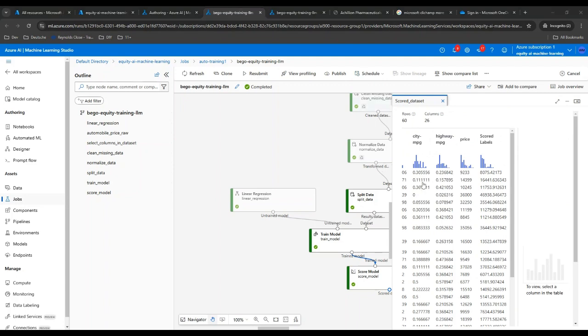so this is the output of the score, which means the unused split data against the training model. This is the output, and you can see it is reasonable, as in it's within range. So then we need to evaluate this score. To evaluate this score, we need to go to